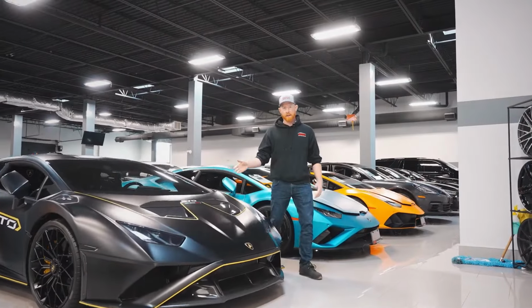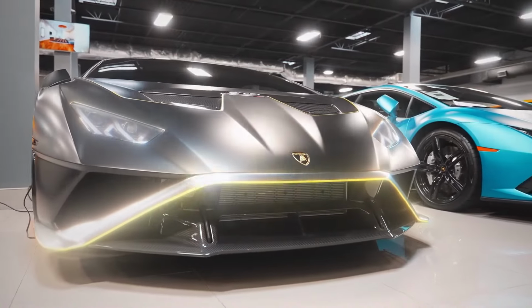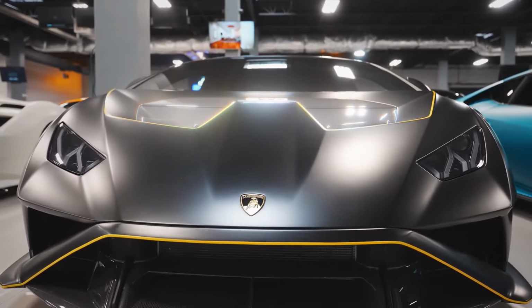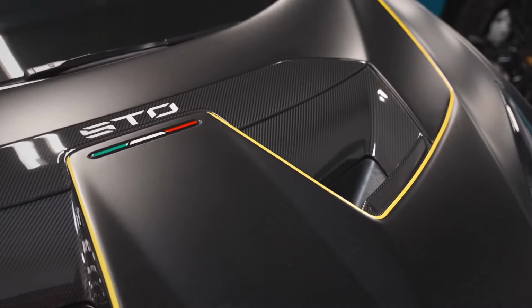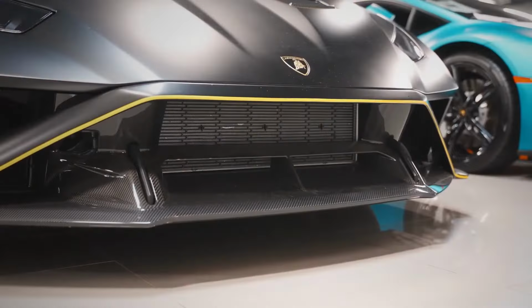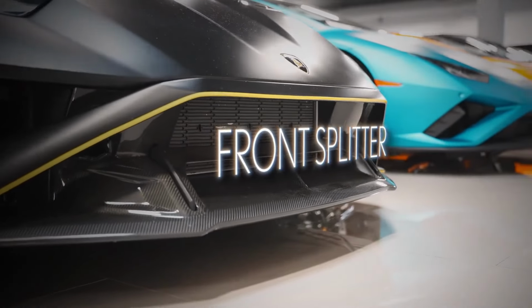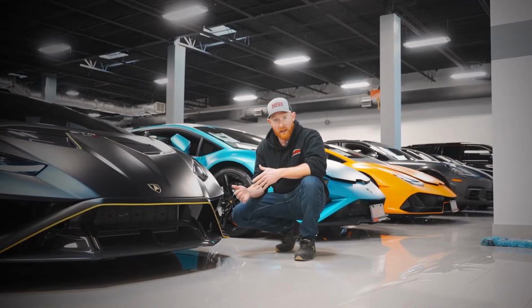Now let's take a look at the front end here. Now this thing is nowhere near like a regular base Huracan, which we actually happen to have sitting right next to this one. You can notice on the front hood, you got full carbon air vents on both sides with the iconic STO badging right here. You take your eyes over to the pinstriping and it brings you all the way down. You wanna have a look at the front splitter, full carbon fiber as well. This is all active aero, so it really helps with this car's race abilities as it's a designed race car